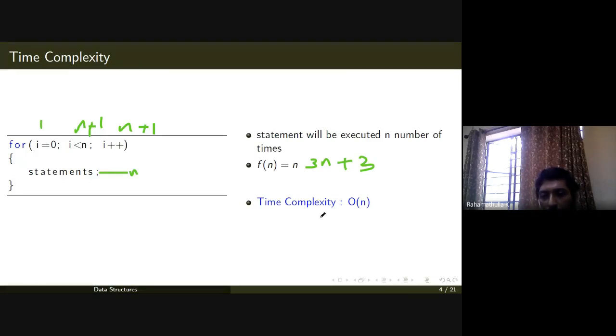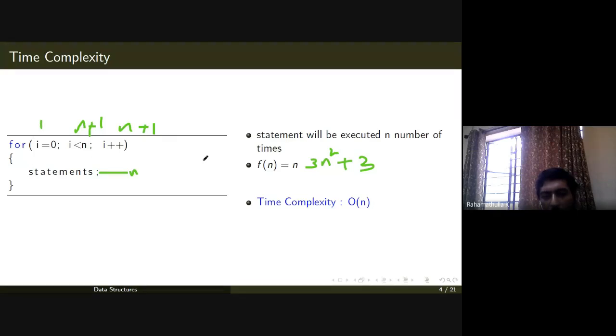If the degree of the polynomial is 2, like 2n square plus 3, or 3n square plus 3, something like that, then we say that the time complexity is order of n square, or the time complexity is quadratic. Usually if there is a for or iterative statement, only what is inside that iterative statement needs to be considered, because the loop statements themselves can be ignored. How many times this set of statements will be executed, that will be counted.